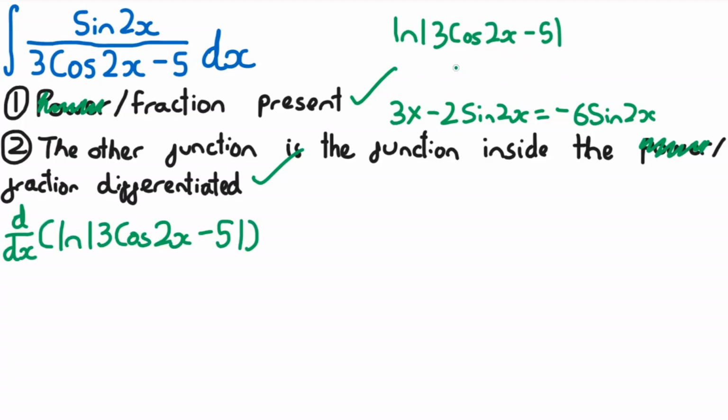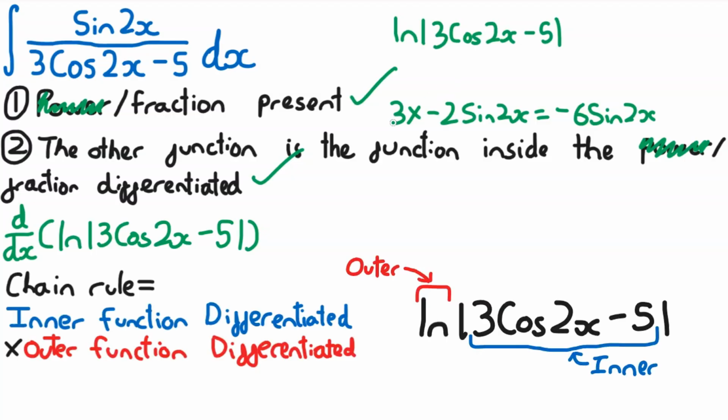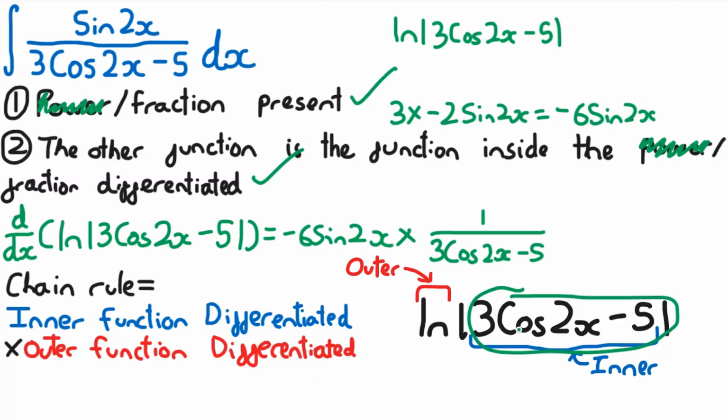So if we differentiate this function here, we're going to use the chain rule again, and the inner function is this 3 cos of 2x minus 5 here. The outer function is this natural log. So the chain rule is the inner function differentiated, so it's going to be this 3 cos of 2x minus 5 differentiated, and we actually already did this up here. This minus 5 will go away, and this 3 cos of 2x is this minus 6 sin of 2x, and then this is going to be multiplied by the outer function differentiated, so this natural log differentiated, so it's going to be 1 over this here, because remember we keep this the same, so it's going to be 1 over 3 cos of 2x minus 5, and then we